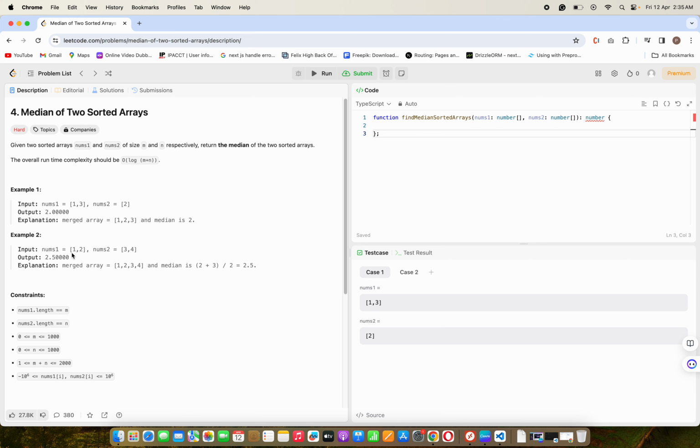So let's write the program. First we need to merge the arrays. They have already given the types here: number, number, and the return type is also a number. So first let's create an array named mergeArray,